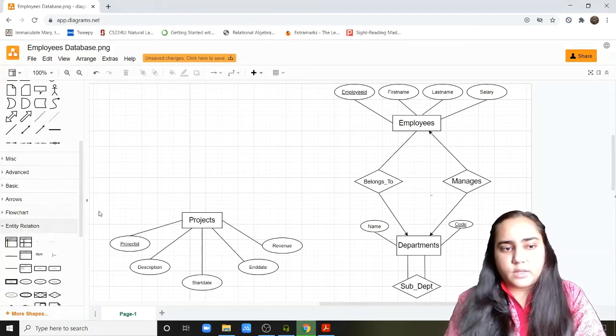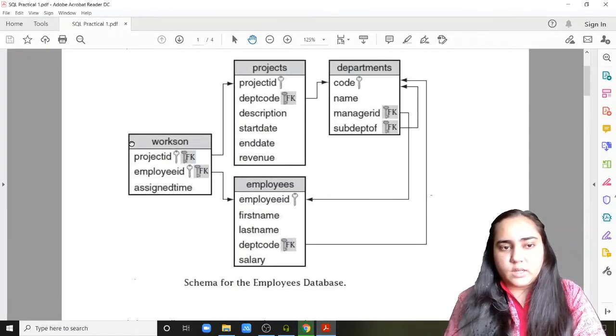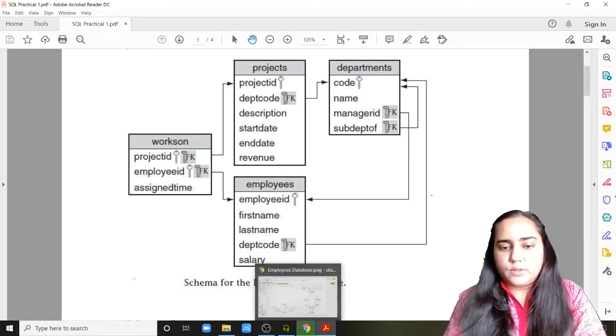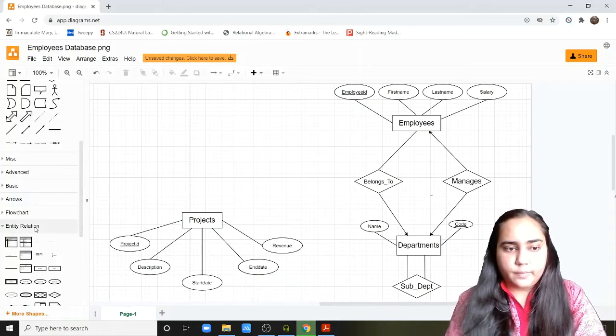And now we need to create a relation between employees and projects. Now you can see here that works on is a table, but we can convert it into a relation instead of an entity, since it contains only project ID and employee ID, two attributes which are borrowed from somewhere, and only one attribute that actually belongs to it. So this could be a relationship set, not an entity set. And so we are just going to create a relationship set here